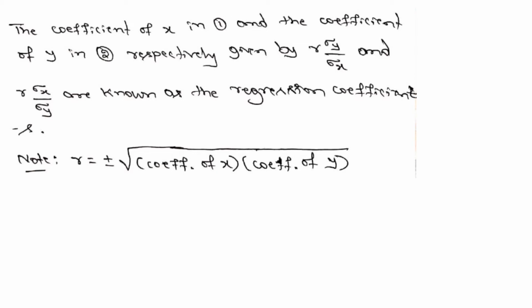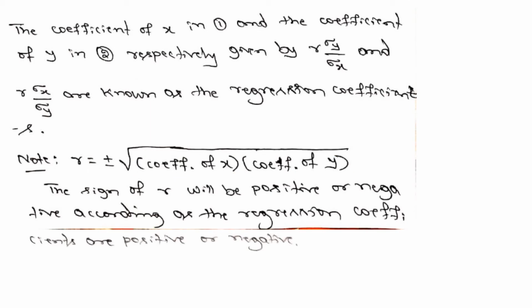With the help of coefficients of x and y in both the lines of regression, that is, the coefficient of x in the line of regression of y on x and the coefficient of y from the line of regression of x on y, we can find the coefficient of correlation by using this formula: r is plus or minus root of the product of the coefficient of x into the coefficient of y, where